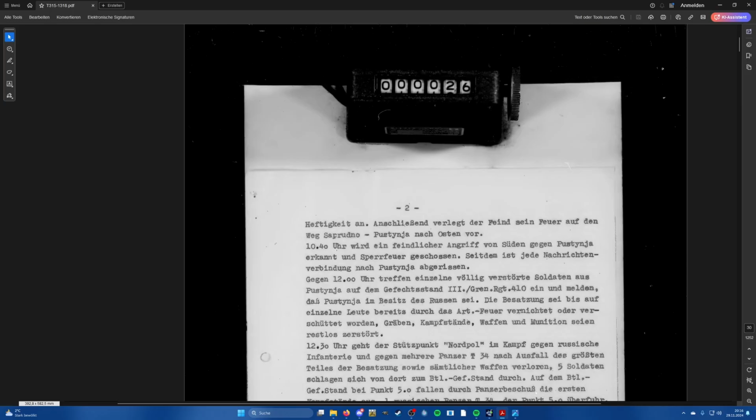At 10:40 a.m., an enemy attack from the south is recognized, and they call for Sperrfeuer, which means defensive fire, so pre-arranged defensive fire on a firing point in the south. After that, every communications connection to Pustynja is gone. So that's the last report they got: we were attacked from the south, we need artillery support, shoot at this or that coordinate. Then at midday, almost 1 hour and 20 minutes later, single completely traumatized soldiers from Pustynja